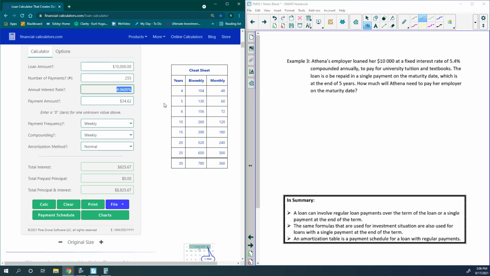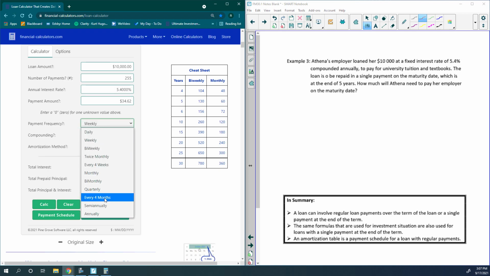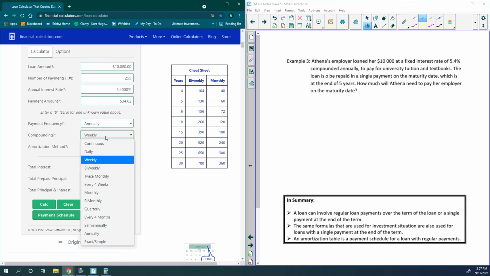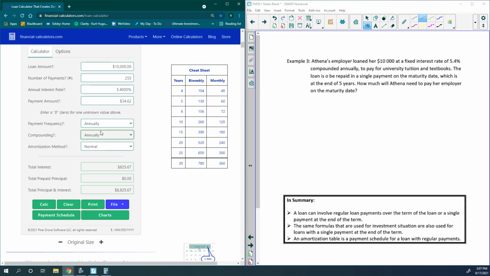We have the fixed rate of 5.4%. It's compounded annually, so I have to make my drop-down menus annually. For the number of payments, though, we're going to do one payment, because again, we're doing one payment at the end of our loan. And then the payment amount, we do not know. And so how I make the calculator do what I want it to, I'm going to go to my options,